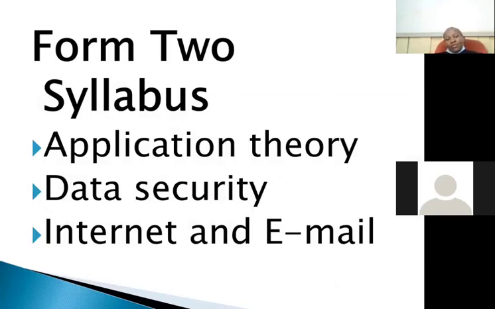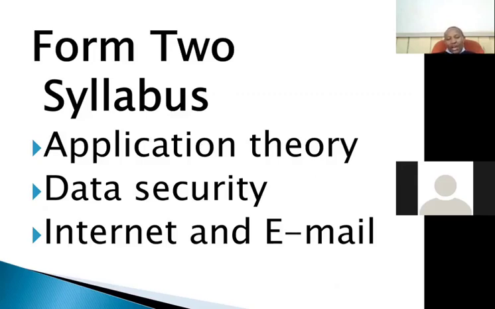Then we move on to the Form 2 syllabus. In the Form 2 syllabus, there is the application theory. These are the four applications that you learn. These applications are not only tested in the practical dimension, but they are also tested theoretically. For example, you can get a question on concepts of a word processor, all the way from